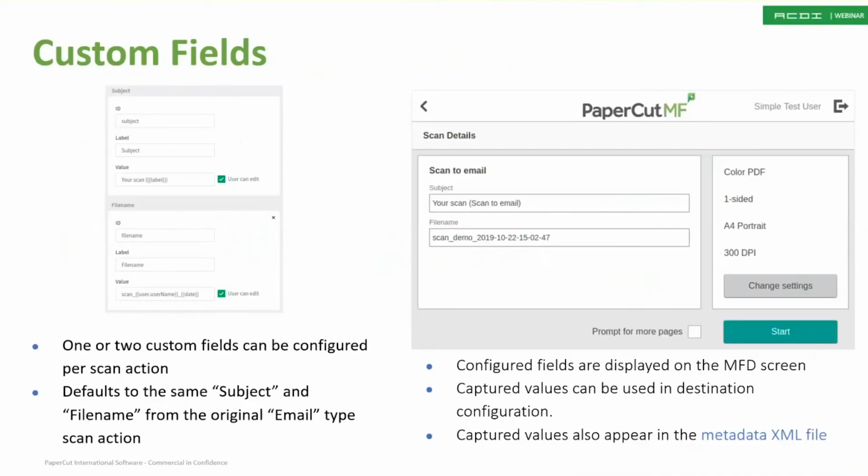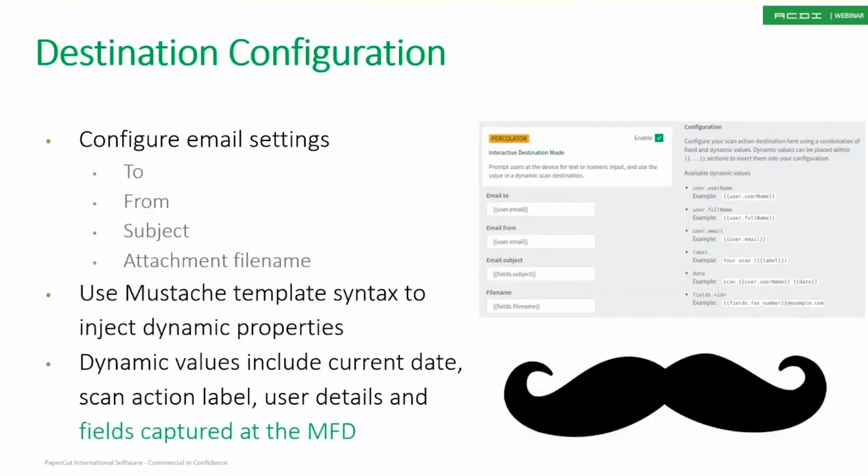On each scan action, up to 2 custom fields can be configured. This may be the default subject and file name, or you can substitute with a different field and even capture info from the device to be reused in a scan action. By using the mustache templates index, you can inject dynamic properties like current date, scan action, or user details, including